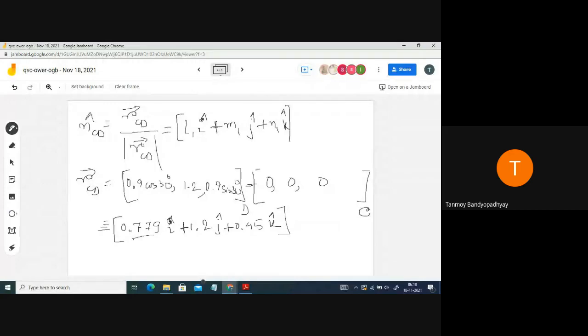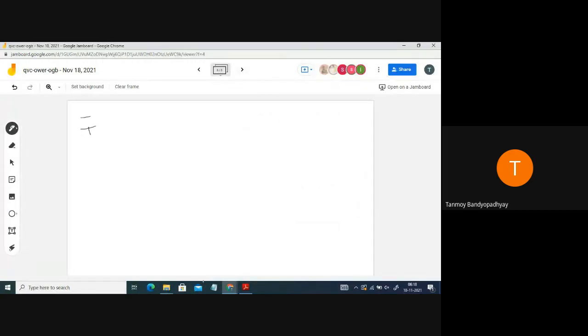I haven't calculated it yet, first let's see what comes. Then you do vector T dot the unit vector NCD. What was vector T? The magnitude of T was 100. So just leave that out and multiply by the unit vector. The first unit vector was L I cap plus M J cap plus N K cap, dot L1 I cap plus M1 J cap plus N1 K cap.